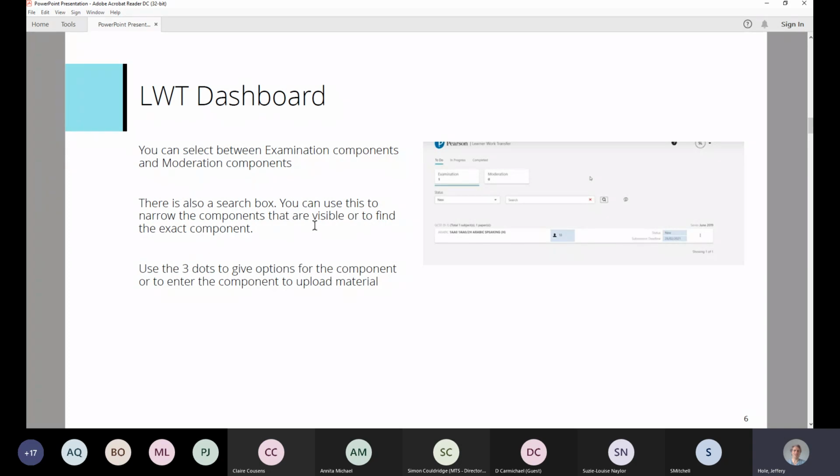And so you can start typing the component number. You can select the status of it as well there to find the component. Once you do, you can then go inside the component by clicking on these three dots, and you'll have the option there to upload the material by going into that component,